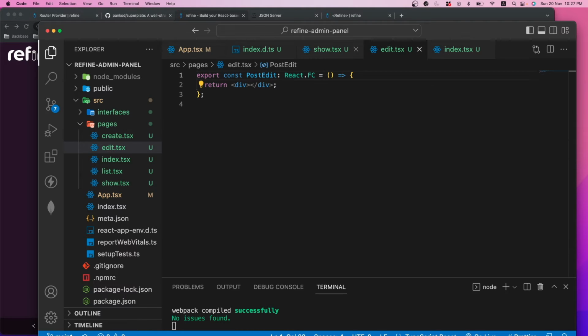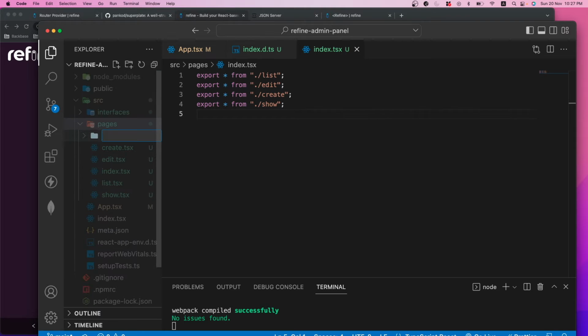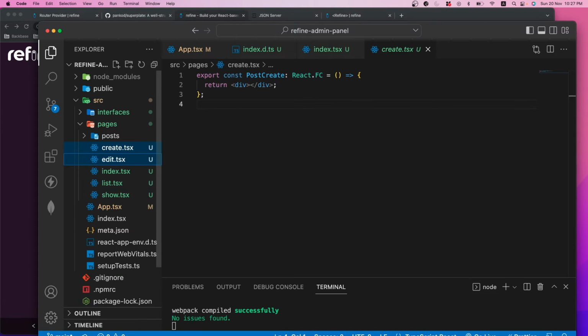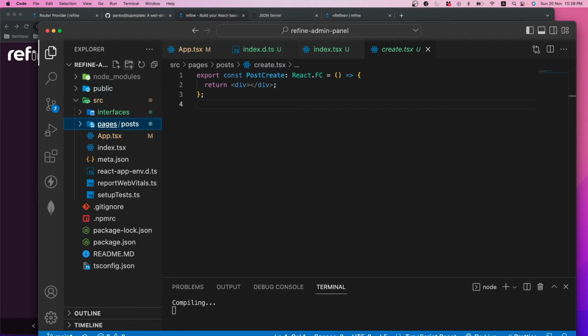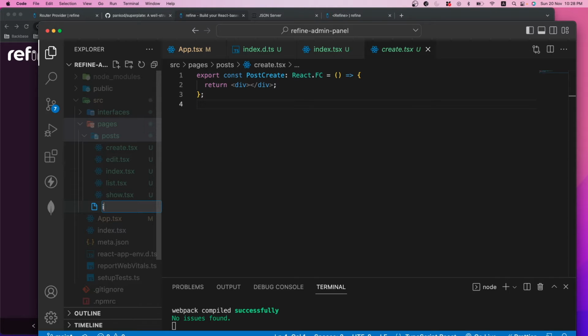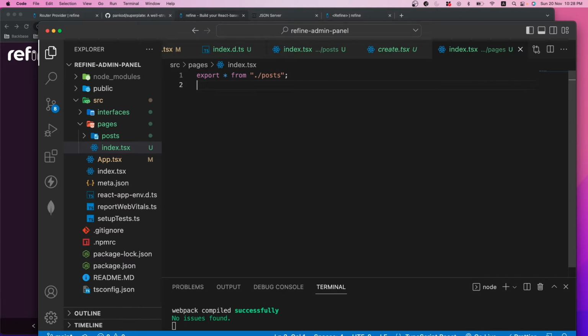and now next thing what we need to do is I'm going to close all this, and we are only going to work on the list.tsx. So I also have the index.tsx, and here what I will do is I'm going to create a tsx file. So in the pages, what I will do is first I'm going to create a new folder which will be the posts. Then I'm going to move all this to posts. So I'm going to drag it, I'm going to move, and then I'm going to create a simple index.tsx file. So let me have the index.tsx. So we have the index.tsx, and in this index.tsx what I will do is I'm going to have an export